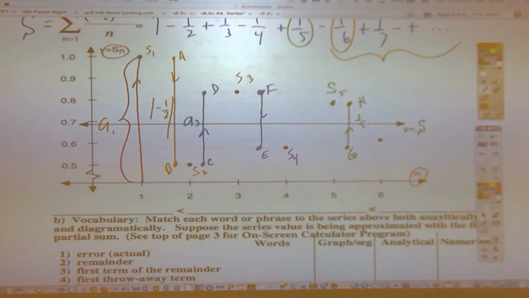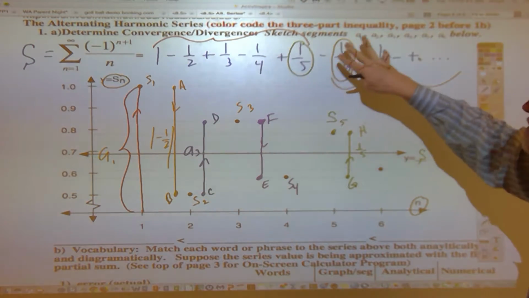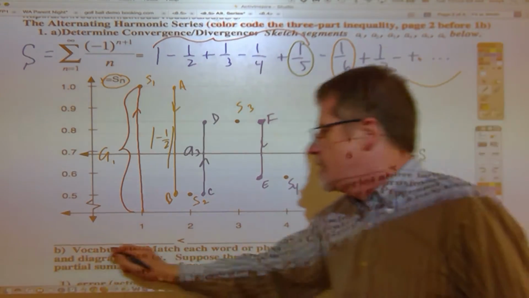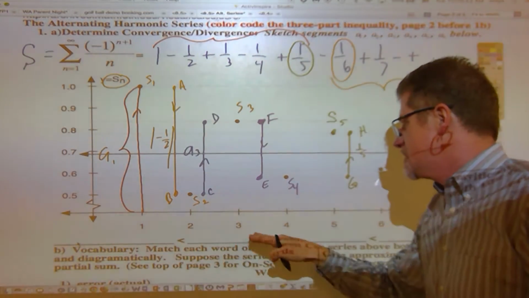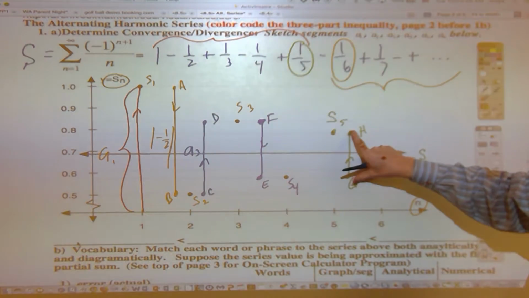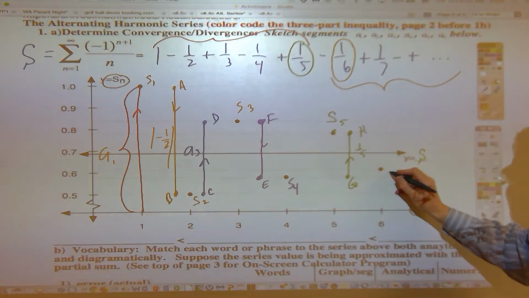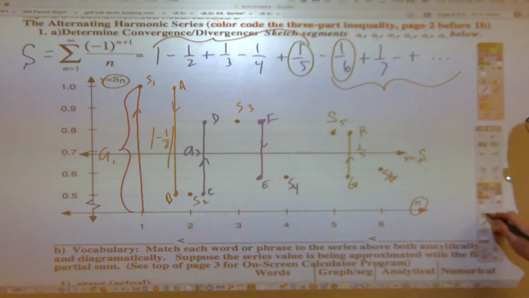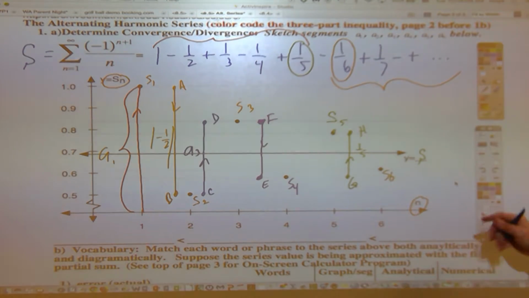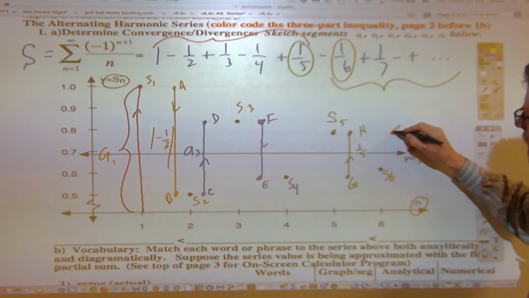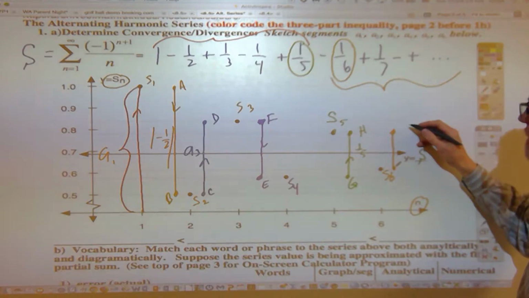There's some very important line segments here that we need to put on here. First of all, let's put in the line segment that has length 1/6. There's actually three that we're going to analyze, and we're going to put them in the blanks here. First one is less than the second one is less than the third one. But we've got 1/5. We also need to look at 1/6, which is the first throwaway term. Notice down here in orange is S6. First throwaway term is 1/6, and that takes us in orange from S5 down past the truth to S6,